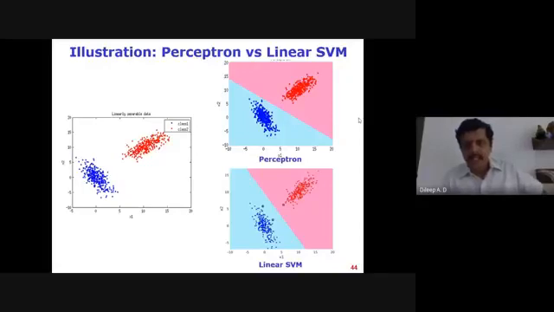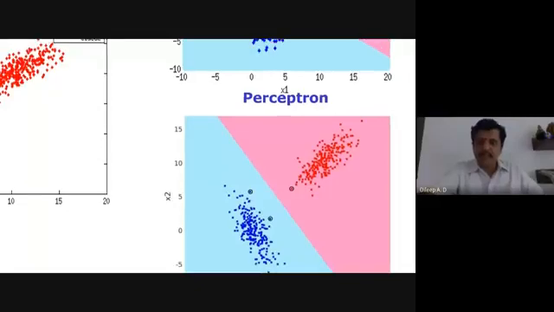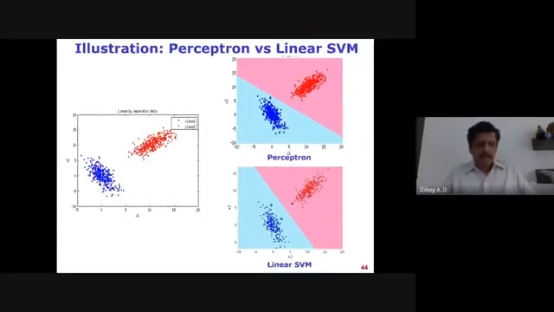You can also see the data points which are circled over here. These are nothing but the support vectors. You can see that they are the ones which are on the boundary of the two classes. Is that clear for you? Is the concept of the support vector machine clear for you?